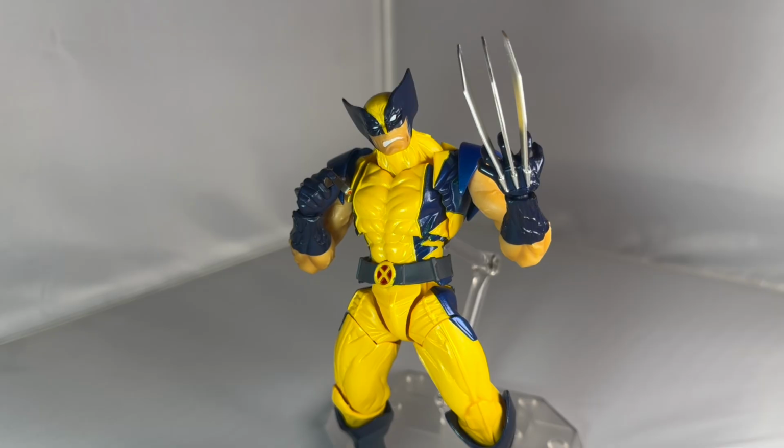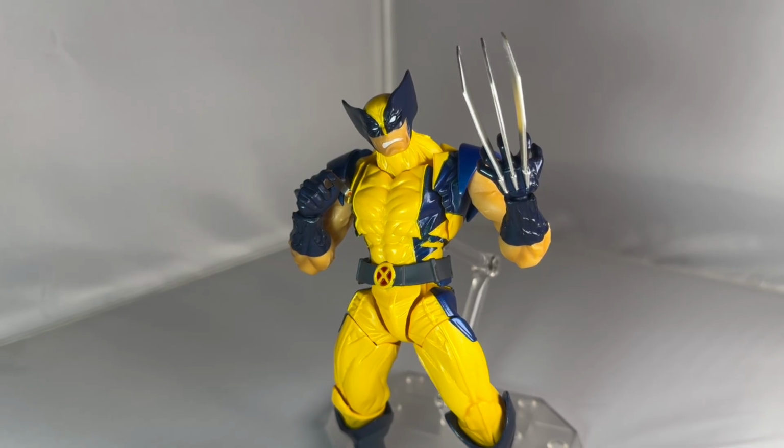I would imagine this figure probably goes for 200 plus for an authentic, but that's going to be your other big problem. You're going to find a ton of people selling quote unquote authentic, but then sending you a fake one. I've actually received those before and sent them back right away. It's very easy to tell when you receive a fake Amazing Yamaguchi. And some closing statements on why I bought this guy back in the day. I know he could definitely feel like a puzzle, as an Amazing Yamaguchi does, but that's actually something I seek out